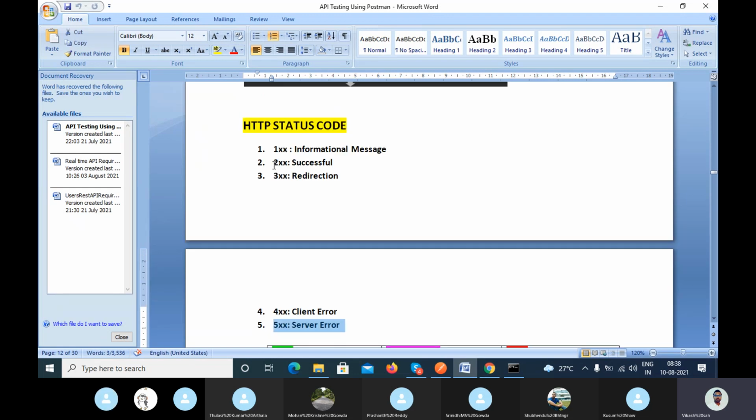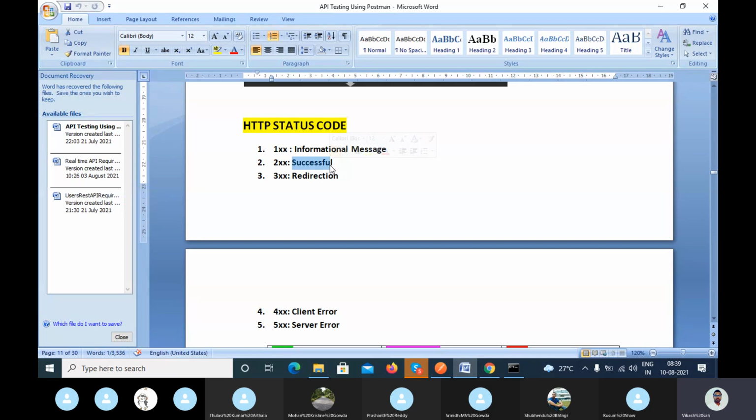If you are getting the 200 series, that means it is a successful status code. Successful status code means we are connecting with the server and the server is giving me a successful response. Either delete, update, create, get the data, or replace the data. If all these actions are successfully performed, then the server will return the 200 series. That is successful.